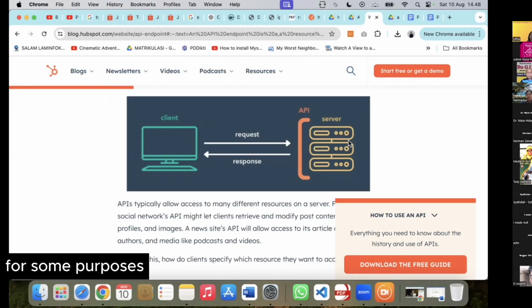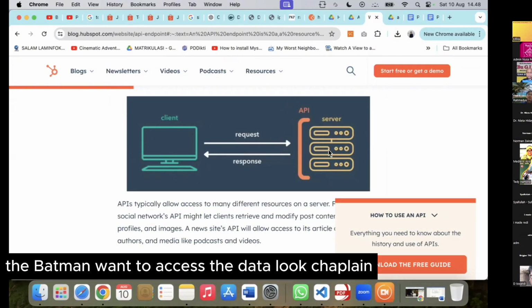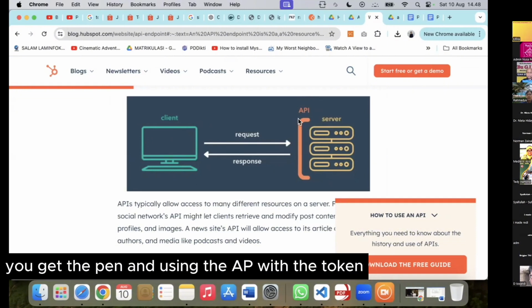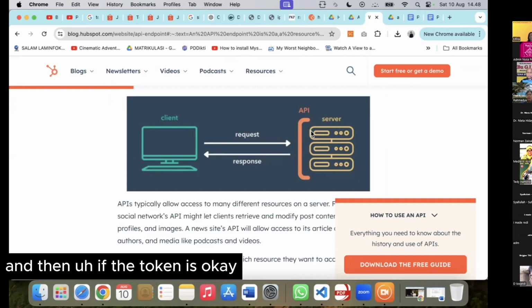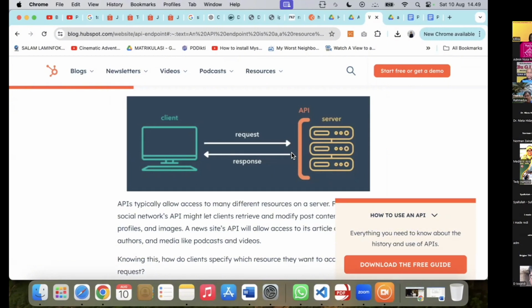For example, this is the Pusat Data Nasional, PDN, and there is a department that wants to access the Dukcapil data, so they create an API for KTP, for example eKTP, using the API with the token. If the token is okay, the Dukcapil in PDN will give the data to the client.